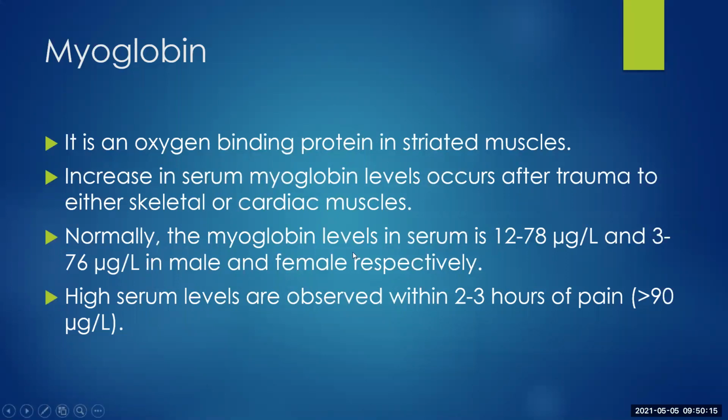Here we can see a point. Okay, a very important keyword here is pain. It does not indicate that it is always cardiac disease only. It can be just pain either in the chest or any other body part because myoglobin is present in both the striated muscles. Okay, so that is its disadvantage: its presence in both skeletal muscles and cardiac muscles.